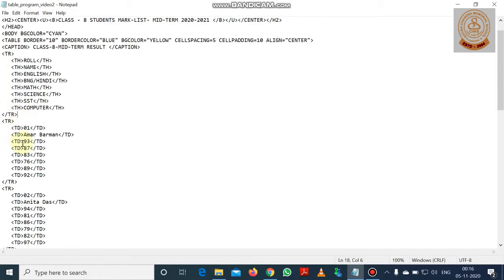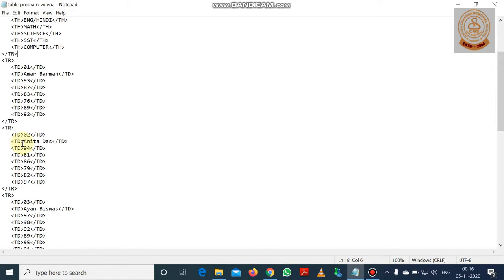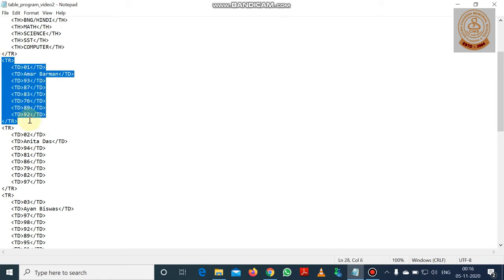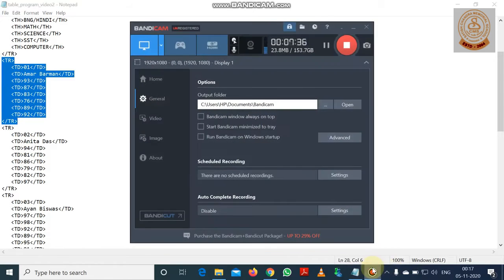After this, we want to add the data inside the table. Now also we are creating a row. Remember this thing, when we are creating a table, we are expanding the table, means we are creating more rows. So now in the second row we have to give data. As we are creating a row, the tr tag is used here also.